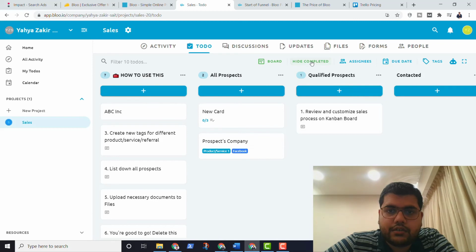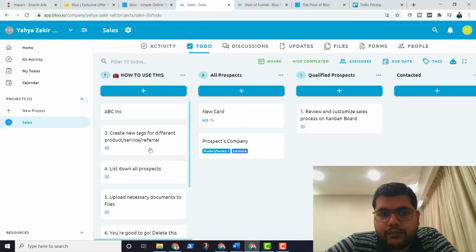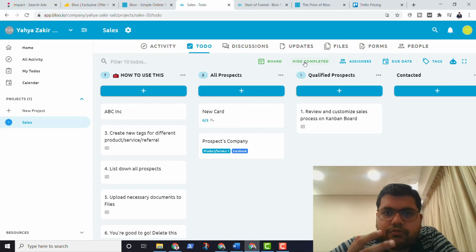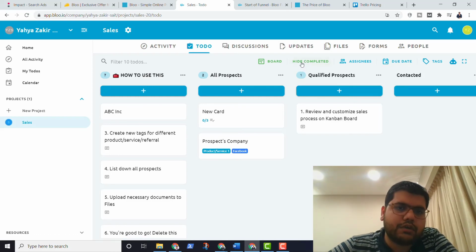And if I click on that, it says hide completed. It's currently hiding the completed cards. Again, I would have liked it if this had actioned this instead of telling me, because right now I'm confused whether it's hiding the completed ones or showing me the completed ones. But